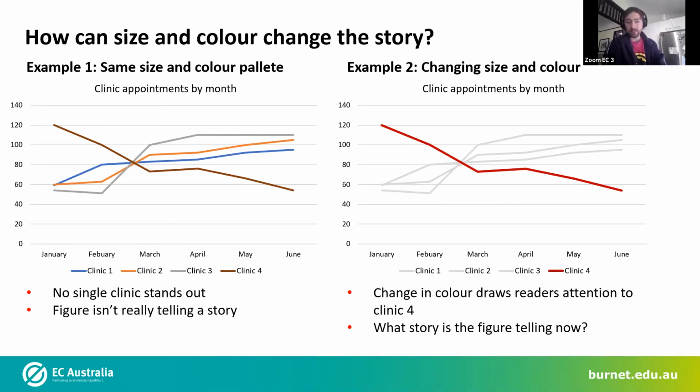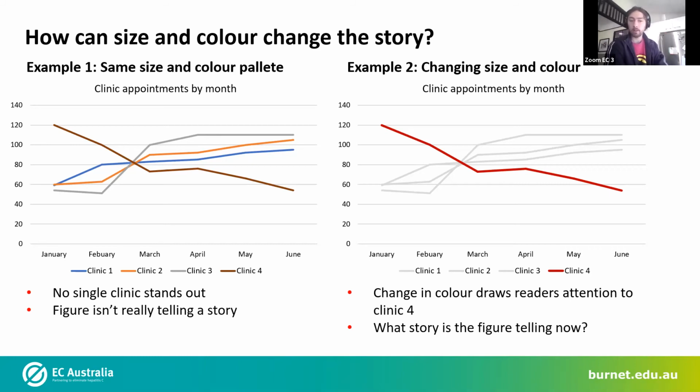I feel like when I look at this, it's not really telling much of a story. There's something that massively stands out to me on the left, maybe to other people too. But once I changed the color so that the red was a bright red with lots of contrast, and I dulled the colors on the other 3 clinics, the story it starts to tell, first of all, draws my attention to clinic 4. That's the first thing it does. And then it makes me compare it to the other 3, which follow a similar trajectory of a slight increase by month, whereas clinic 4 has a sharp drop in appointments over time.